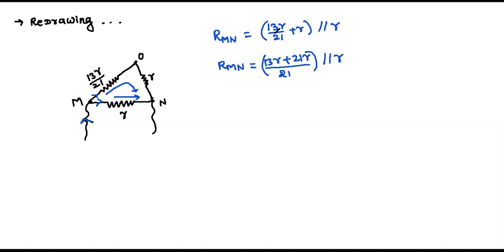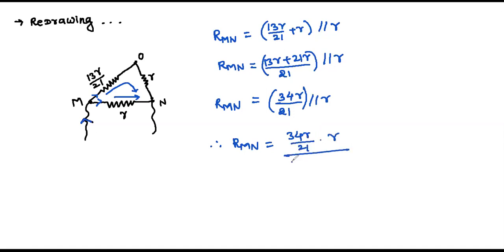Yes, no, LCM I have taken. So how much are you getting? 34R, right? Check karo. 34R divided by 21 is in parallel with this R. This is RMN. Therefore, RMN is equal to 34R by 21 into R divided by 34R by 21 plus R. That is equal to